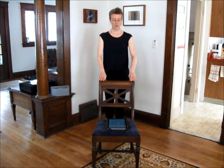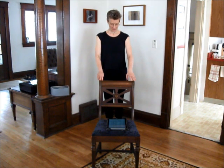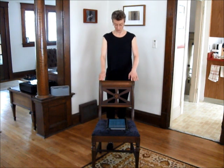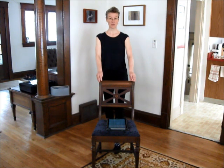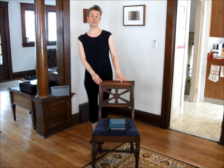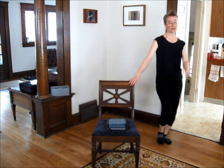So one leg, reach it forward, 1, 2, bring it back, 4, other side, 6, 7, let's do that again, reach it forward, 2, bring it back, 4, reach it forward, 2, bring it back, side step, side, together, return to the chair, together, side and other side we go, away from the chair, side, together, and return to